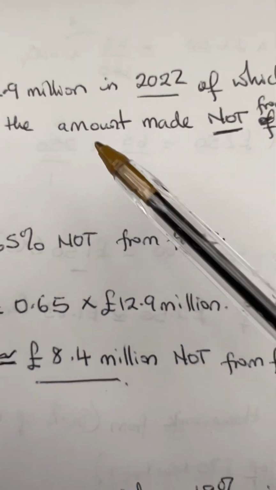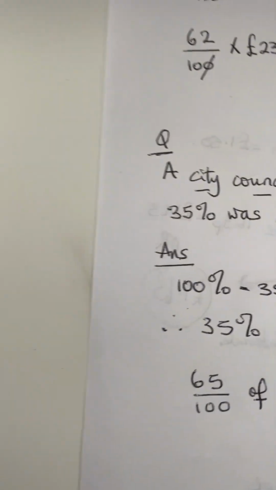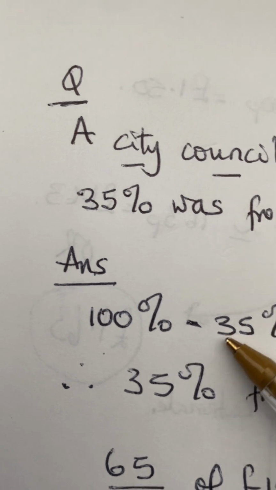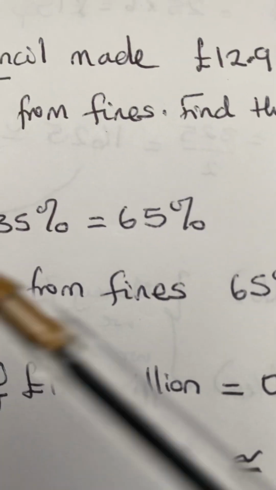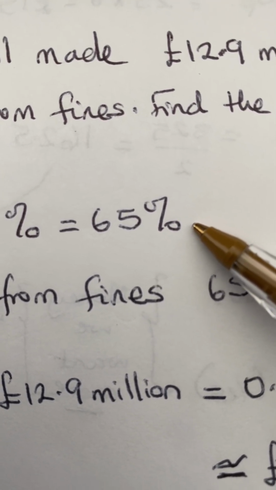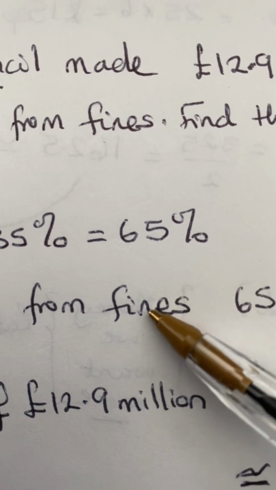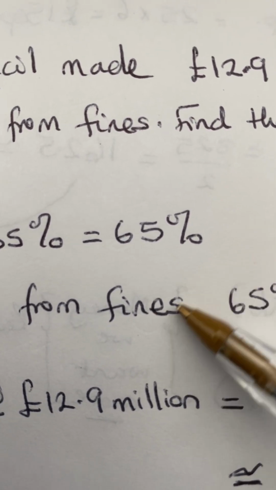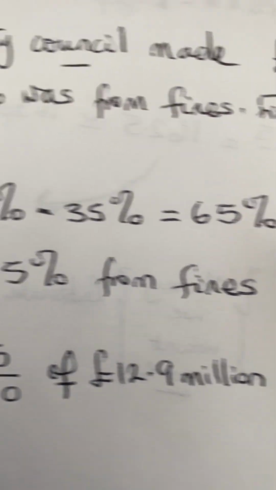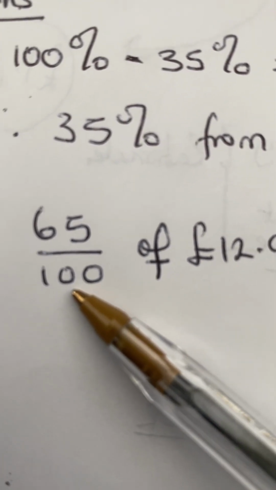The question says find the amount not made from fines. Now we know that 35% was made from fines. So if we subtract that from 100, then we know that 65% was not made from fines, maybe from taxes, from government, and from charity, whatever they got the 65% from. So that is what we are supposed to find. So straight away, 65% of